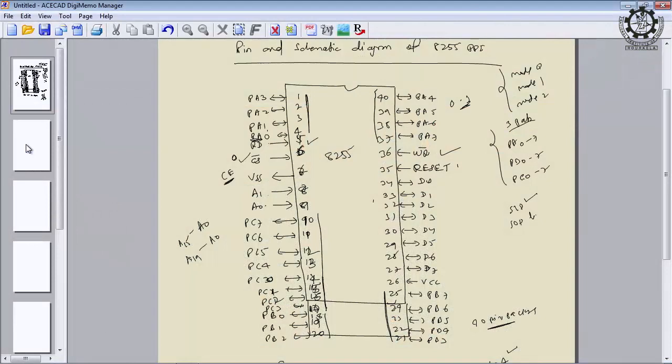Then we have a reset signal that already I have told you. When you press the reset switch on a computer, it will reset first the microprocessor or processor. Then processor reset signals are connected to reset pin of 8255 and reset pin of each and every IC in the system, so that each and every IC will be reset, right. So we can say the reset is the input signal to 8255 and it is the output signal from 8085 or 8086.